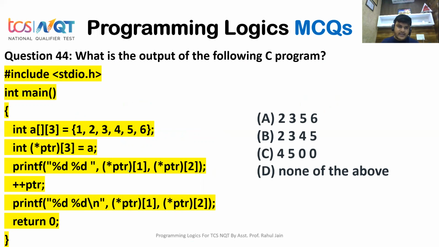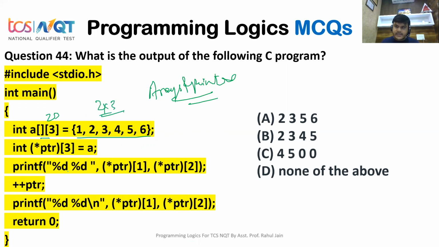Very important question, guys. It is based on the concept of arrays and pointers. Okay, so the arrays and pointers concept is used here. If you will see here, int A[2][3], this is a two-dimensional array, a 2D array, and we have 6 elements in it, right? So definitely it is a 2 by 3 array, isn't it?